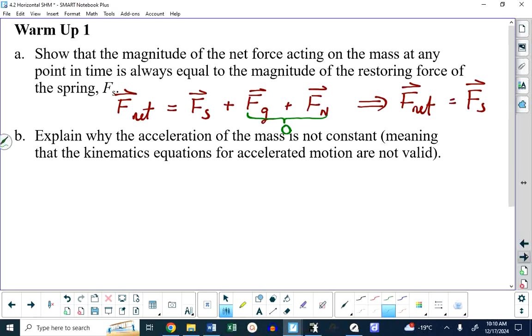Explain why the acceleration of the mass is not constant. Well, acceleration is equal to net force over mass, but in this particular application, the acceleration is the spring force over the mass. Right, we just established that up here. But the spring force,